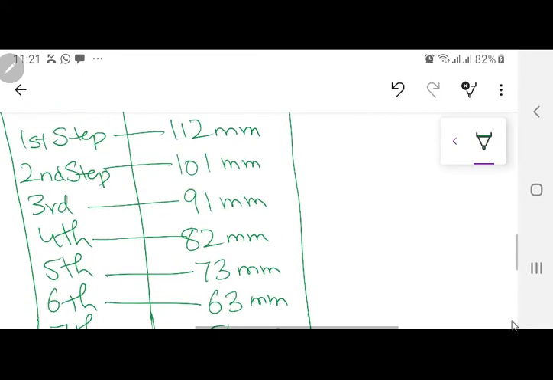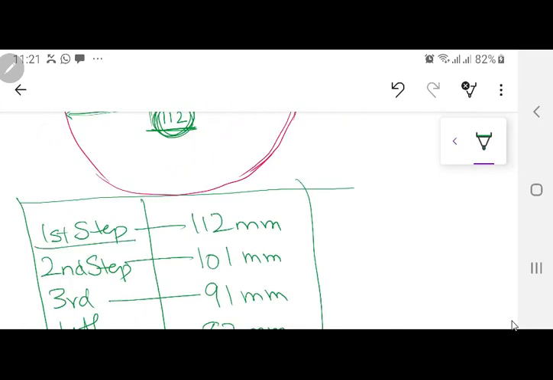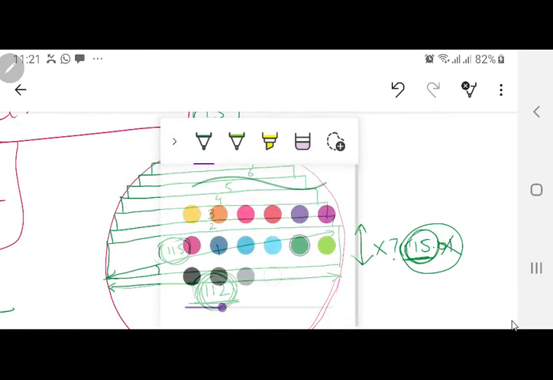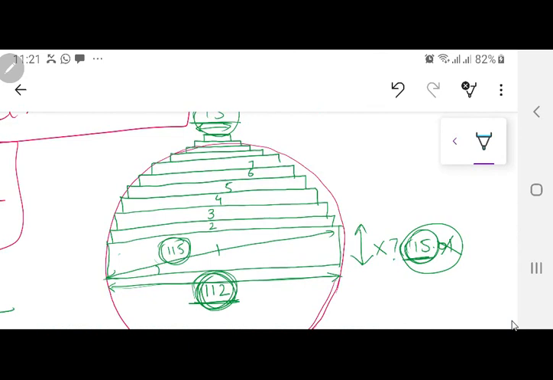Now what you have done over here, you have found out the first step width. Okay? And what I mean by this, if I use another color over here for defining it, this distance you have found out for the first step. Second step you have found out this distance. Third step you have found out this distance, and then subsequently going on. Okay? Now you have tried to make it a circle over here. Now when you have made these steps over there, I need to find out this thickness also.